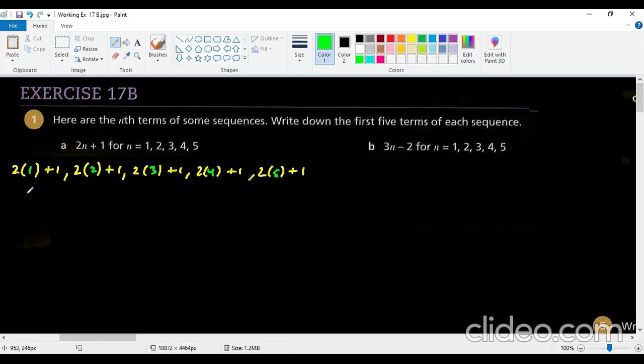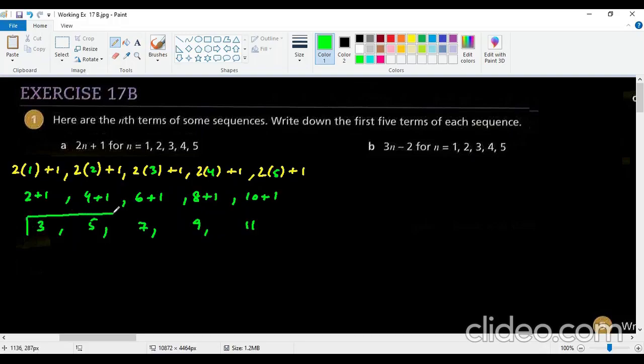So this is going to give us 2 plus 1. This working is a must. Make sure to show the working. 2 times 2 is 4 plus 1, 6 plus 1, 8 plus 1, and 10 plus 1. So finally it gives us 2 plus 1 is 3, 4 plus 1 is 5, 6 plus 1 is 7, 8 plus 1 is 9, and 10 plus 1 is 11. So this is the sequence we are